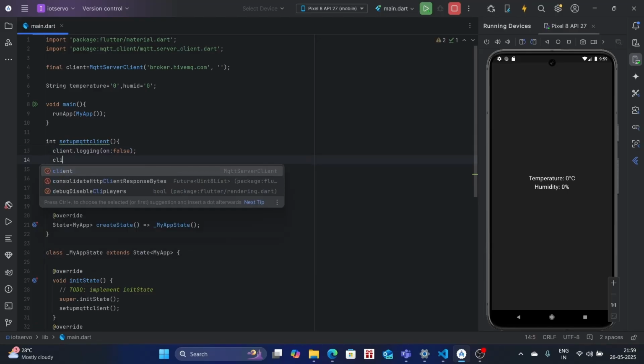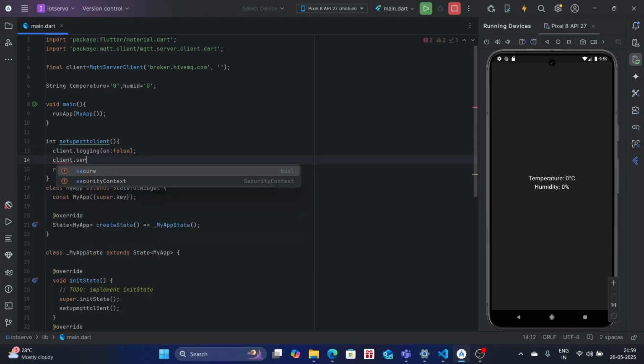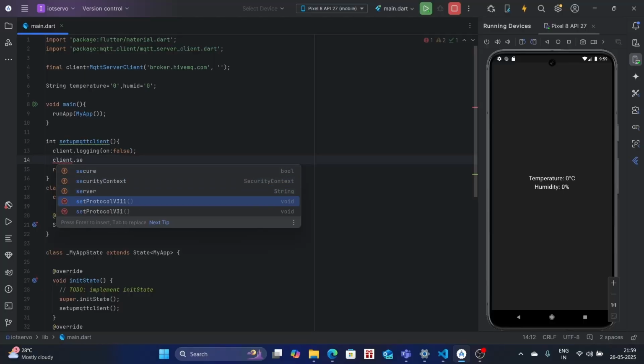Then we're going to set the protocol. This is a very important one. As you can see, we have two protocols. This is version 3.1 and the other one is version 3.1.1. Since we are using HiveMQ, we'll be using version 3.1.1 because that's what they are